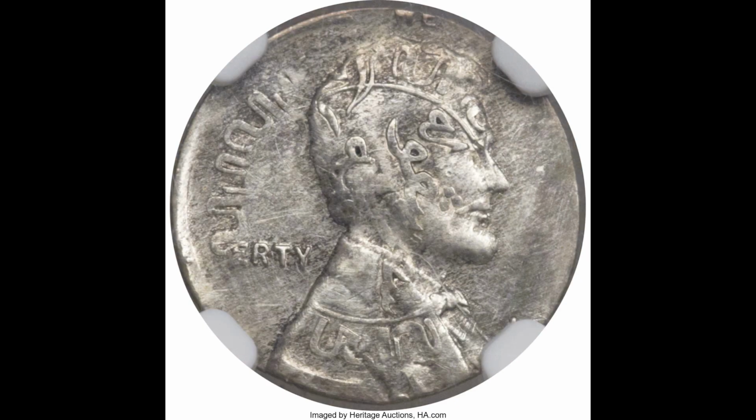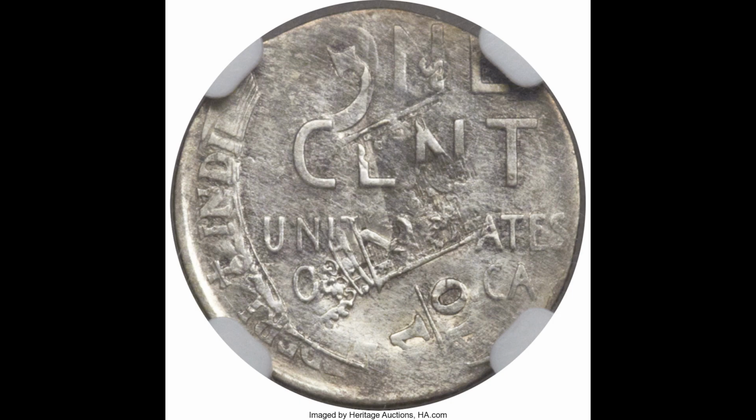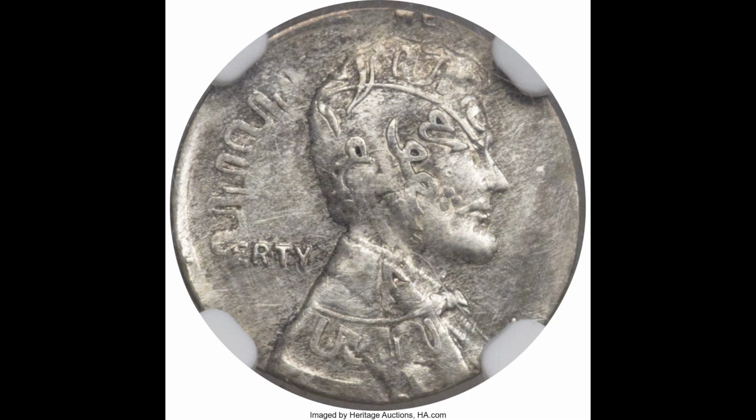Here's something really interesting. This is a 1945 Lincoln cent overstruck on a Netherlands East Indies 1/10 gulden graded by NGC AU 58. AU meaning almost uncirculated. So if you ever see a coin that looks like this, it has a Lincoln cent on it and some other foreign language, just know that you have something worth potentially thousands of dollars. This coin sold for